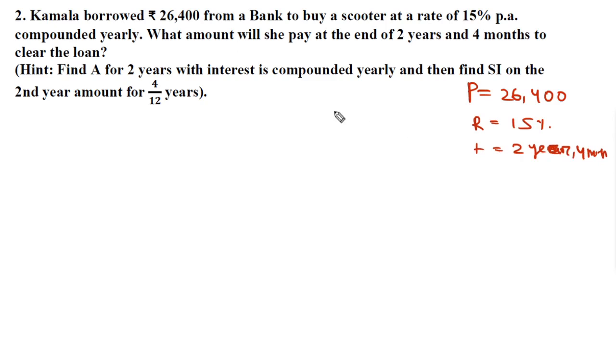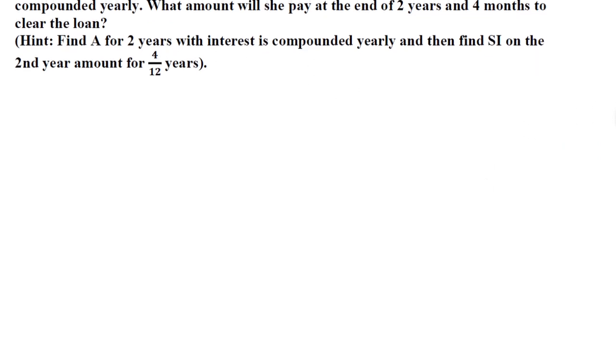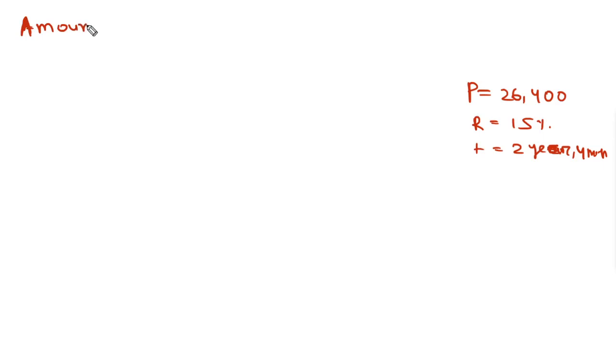Okay, so now we need some more space, so that we will put it here. Okay, now you know the formula for amount. So amount for 2 years is equal to